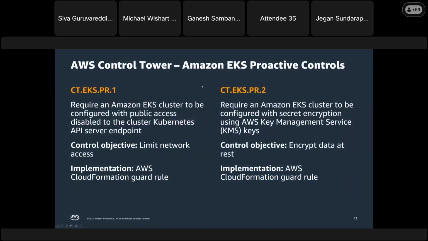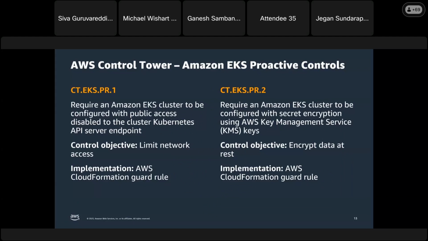There are a couple of proactive controls that Control Tower offers. The first control is for when you don't want an EKS cluster to be configured with public access; you would enable this control.